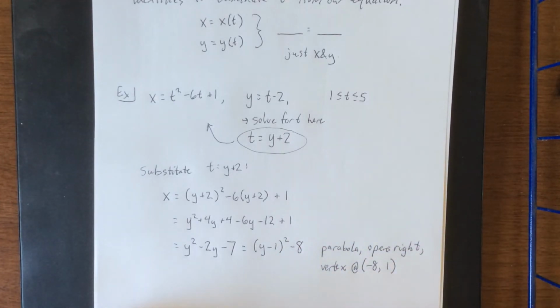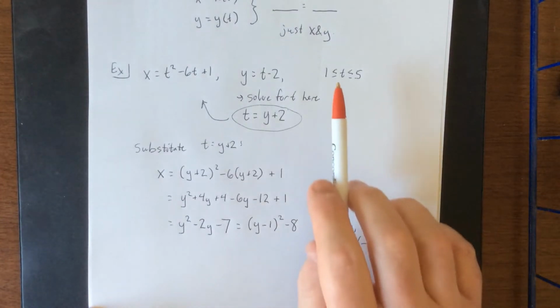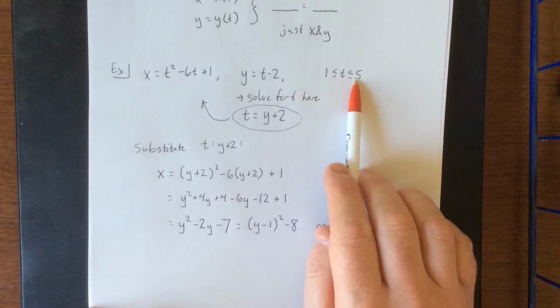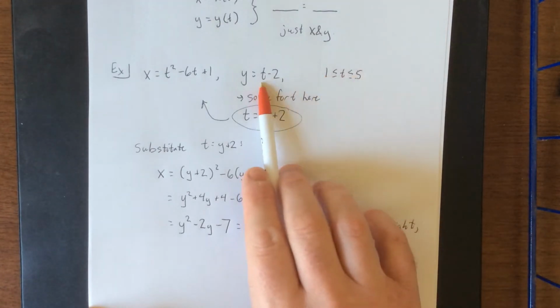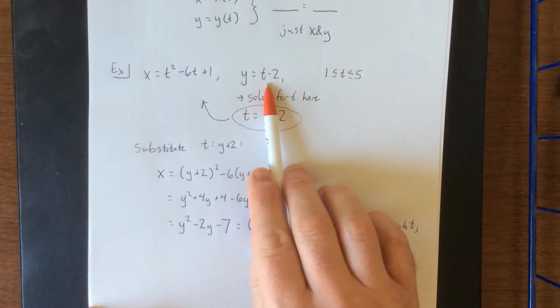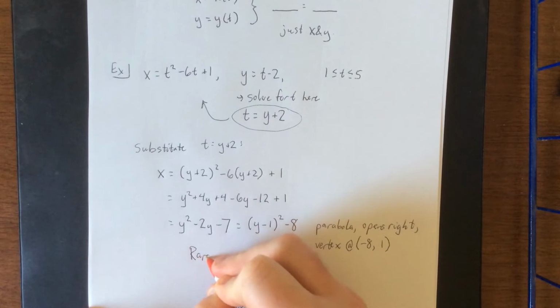Now with that in mind, we also were only talking about one portion of the parabola, specifically the part where t goes from 1 to 5. With that in mind, if I were to plug t going from 1 to 5 in for the y value here, what we could do is come up with the appropriate range. So the range of the given function,